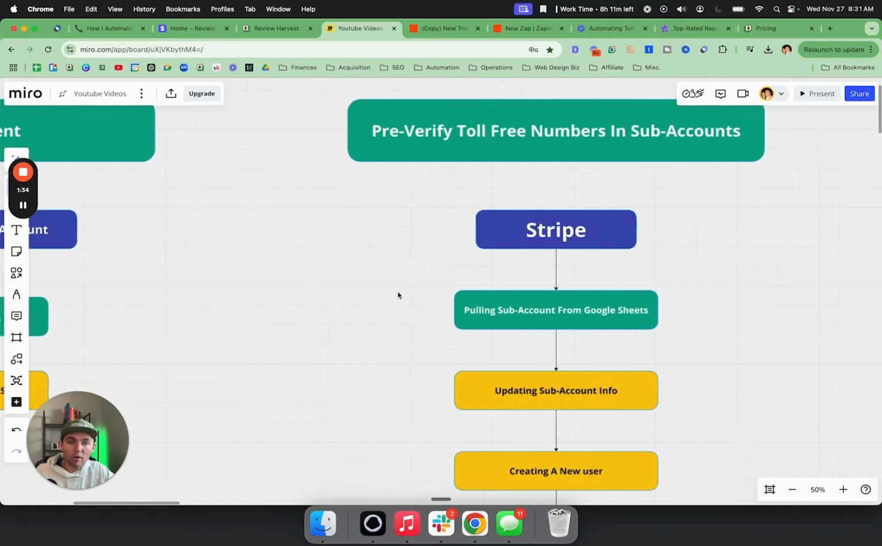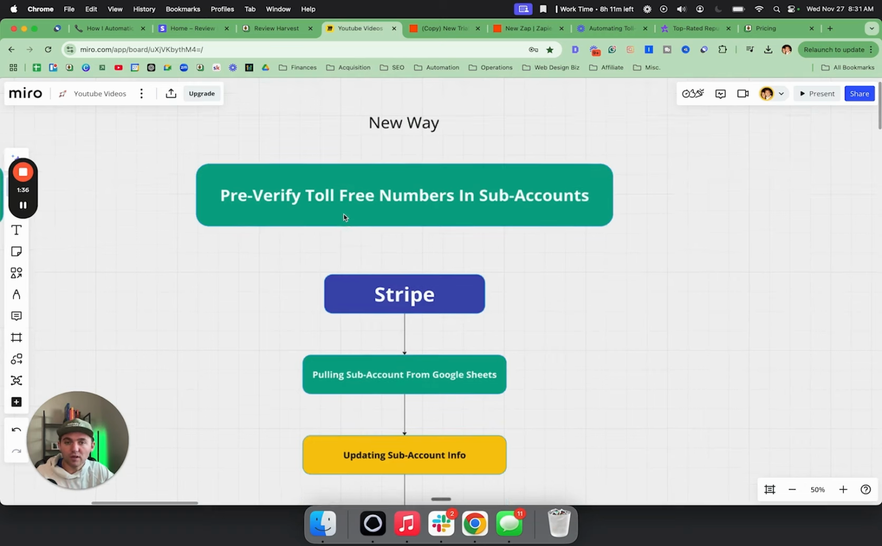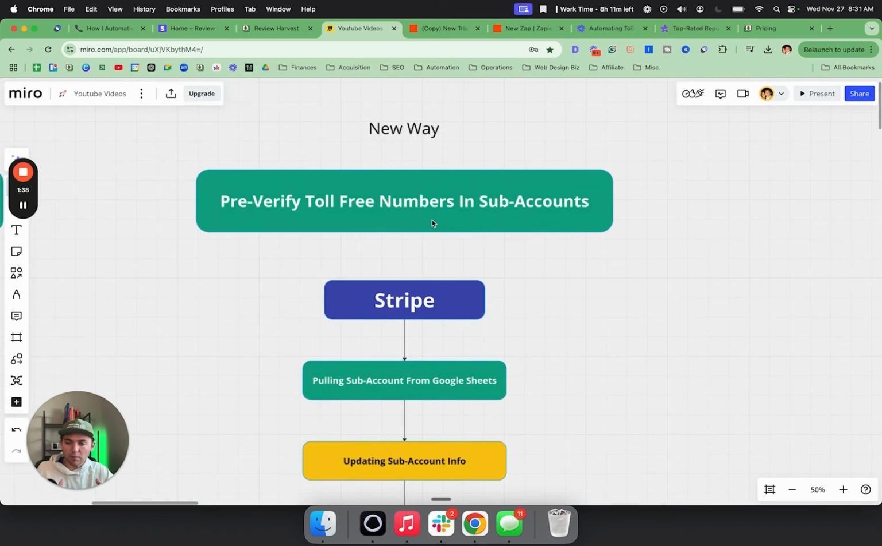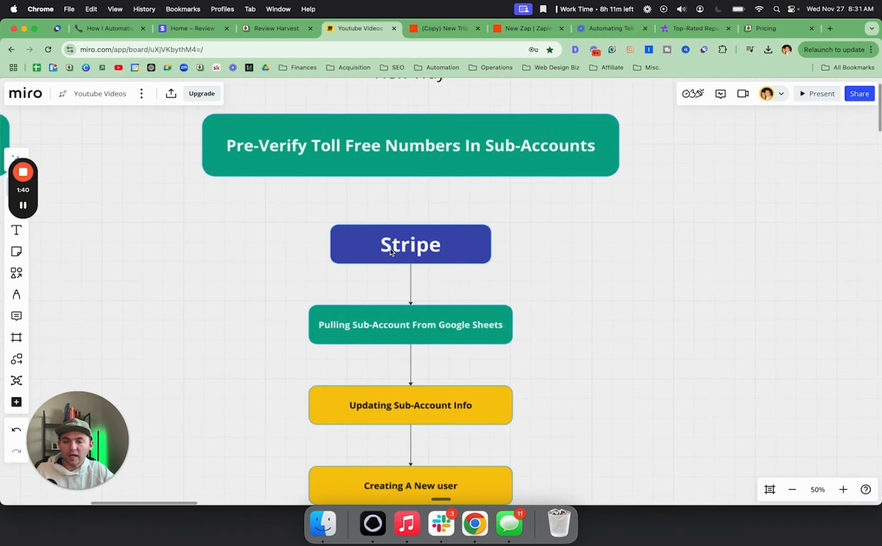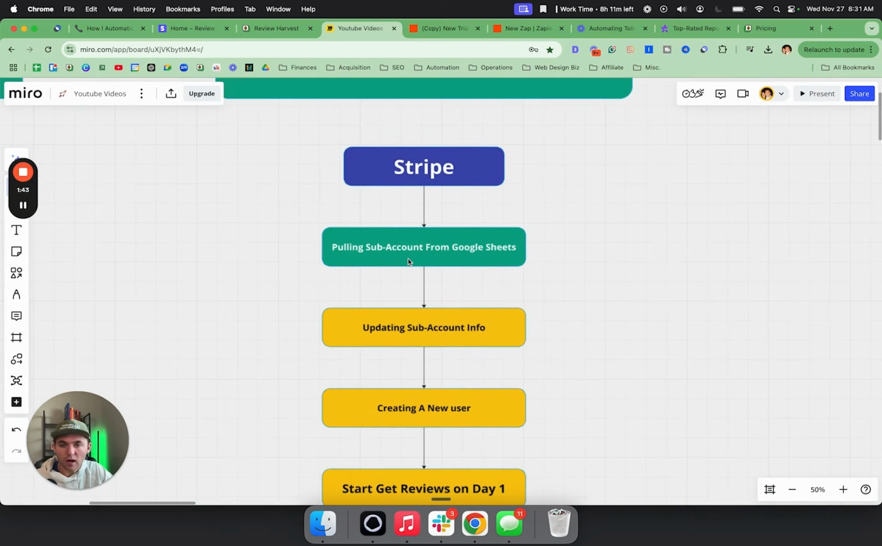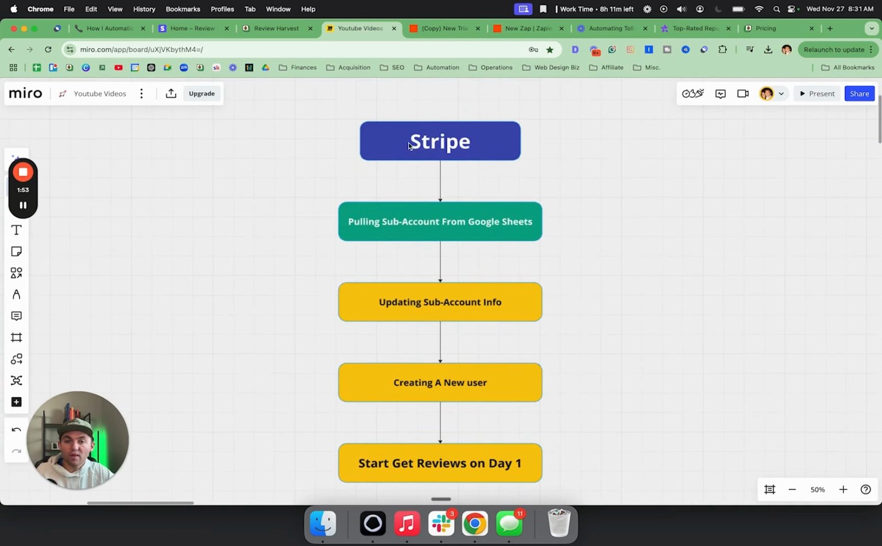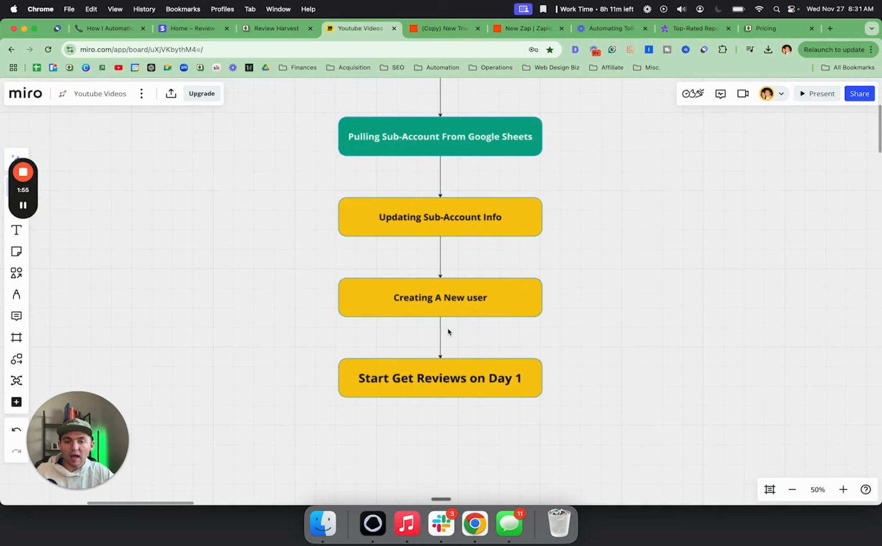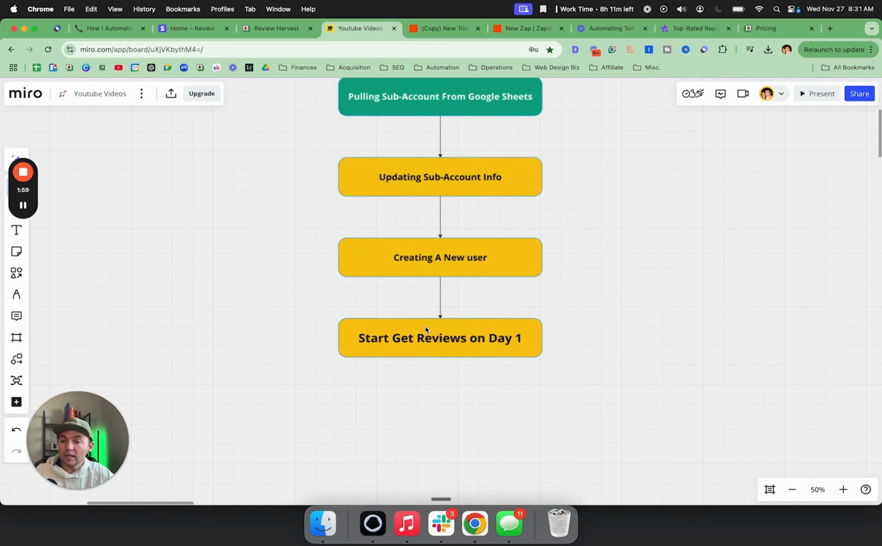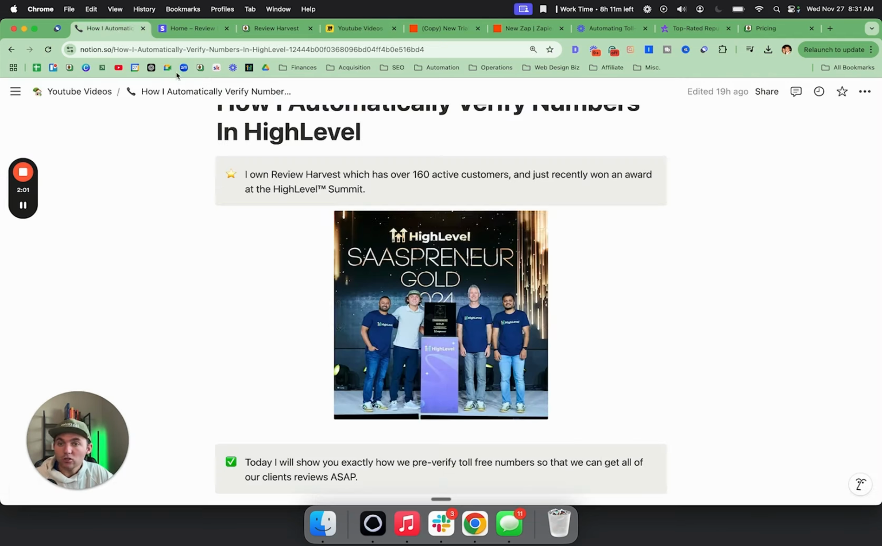And so how we do it is that we pre-verify toll-free numbers in sub accounts, and then when a client checks out with us on Stripe, they start their trial, we pull the sub account that already has a verified toll-free number from a Google Sheet, and then we update that sub account info with the information they signed up with through Stripe, and we create a new user on that account and add them to it, and then we can start getting them reviews on day one. So just to go over this,